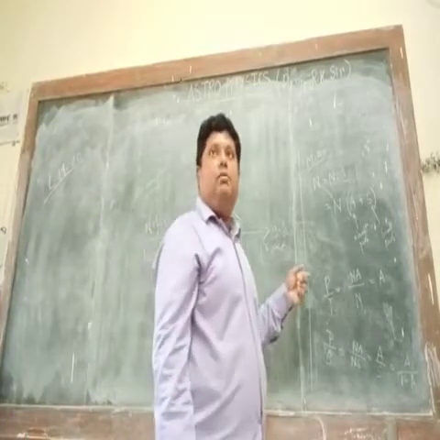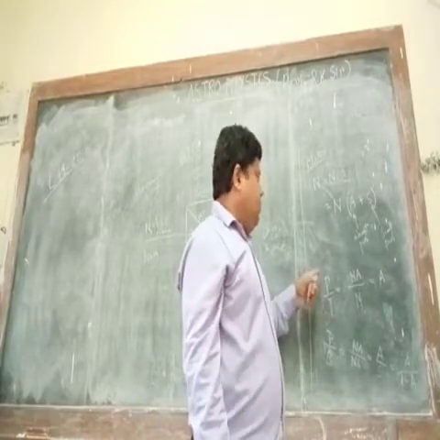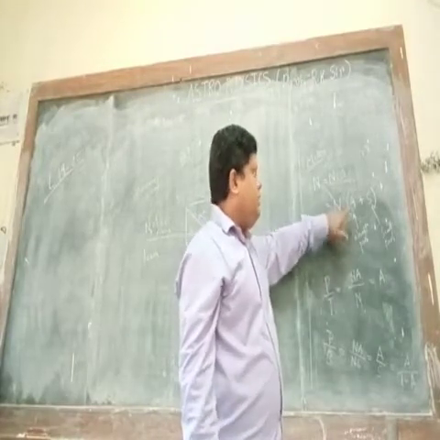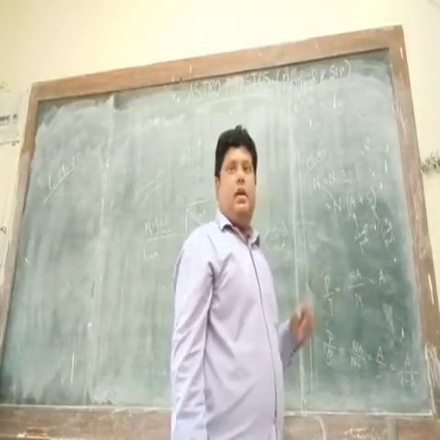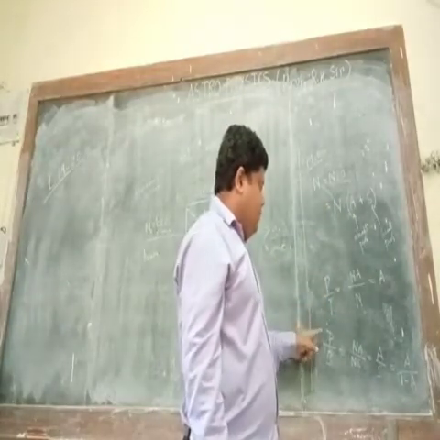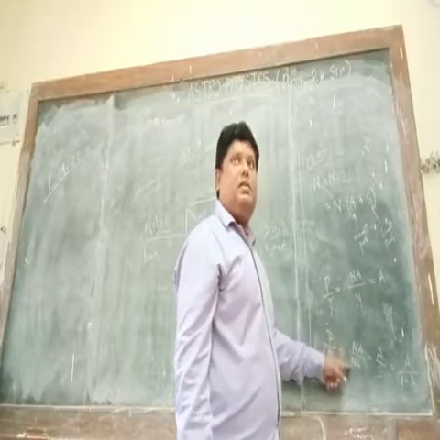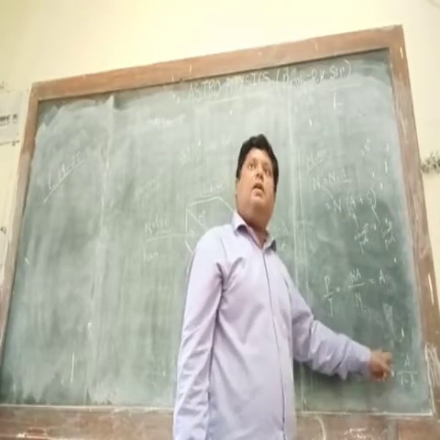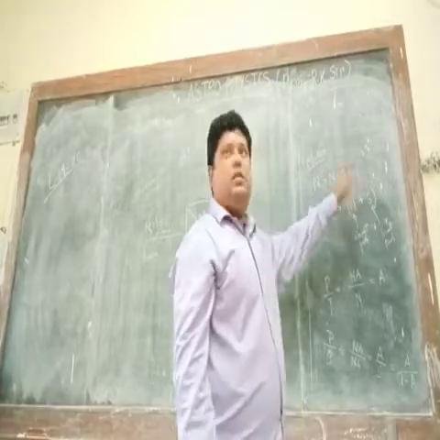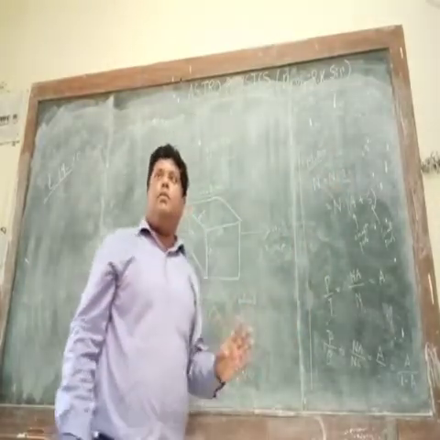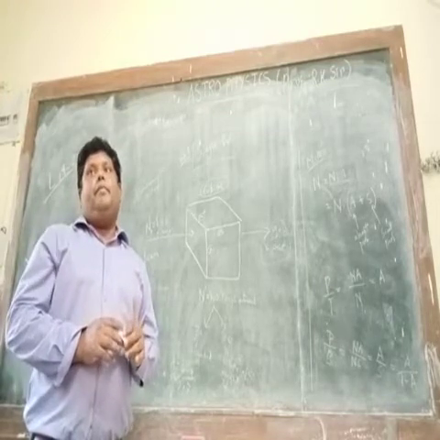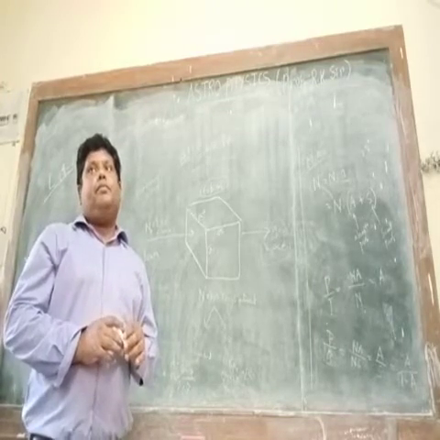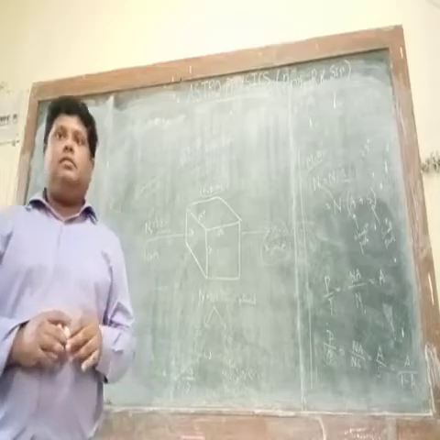Now let me write down the peak to total ratio. What is peak? N into A. This one is the peak, and what is total? This is the total. So it is equal to A. Similarly, peak to background is N A by N S, or A by S, or A by 1 minus A. But I am using this relation. So this is the example for a single detector. Any questions? Okay.